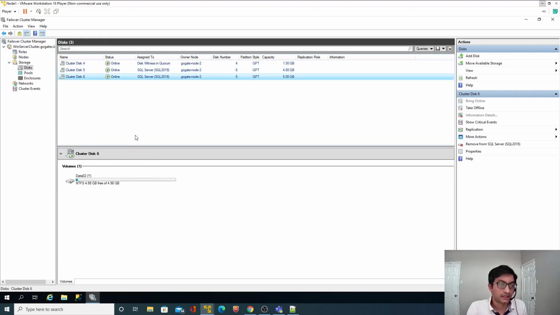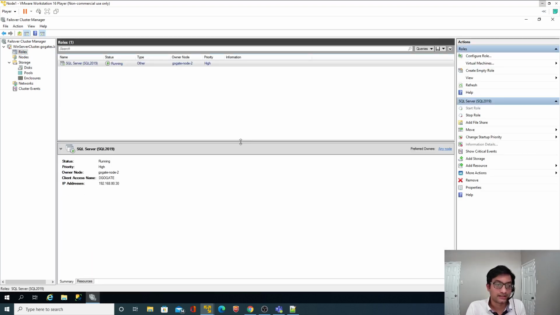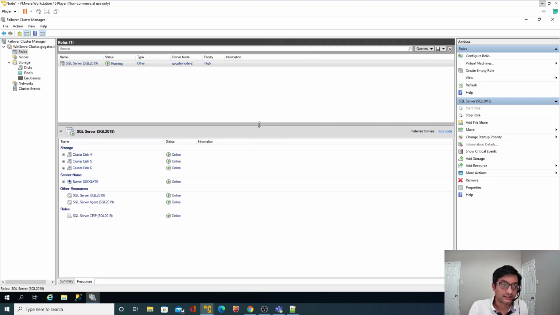All right. Now, whatever activity we did, since it is a cluster environment, we have to make sure the cluster is still working. If we do the failover of this node 1 or if we shut down this node 1, all these resources should move ideally to node 2. So that testing we'll do. Another thing is that while changing the registry entry for the SQL agent out file, we did that only on node 1. We haven't changed that on node 2. So let's validate if that got reflected in node 2 or not.